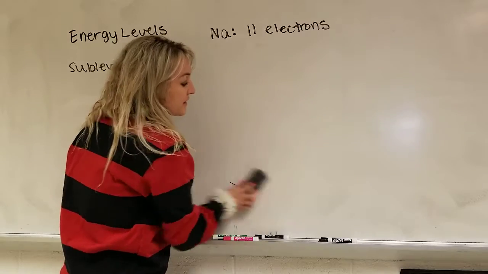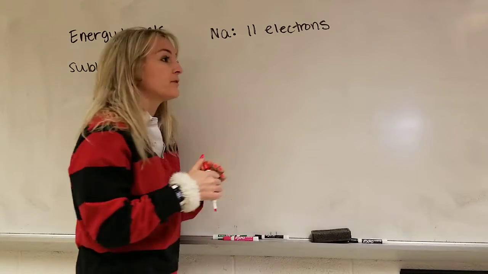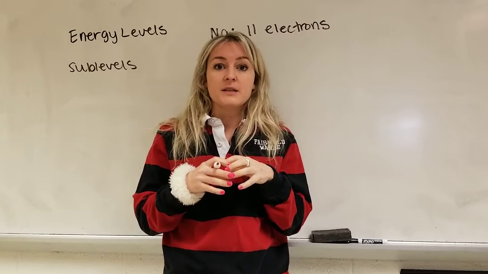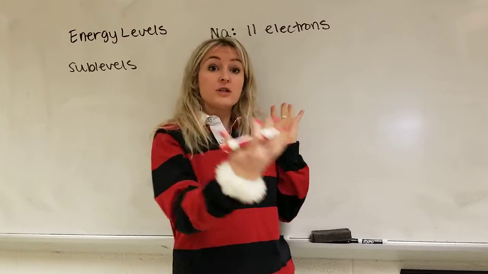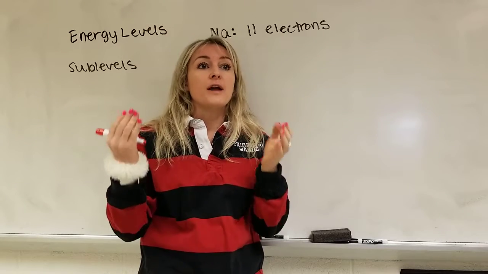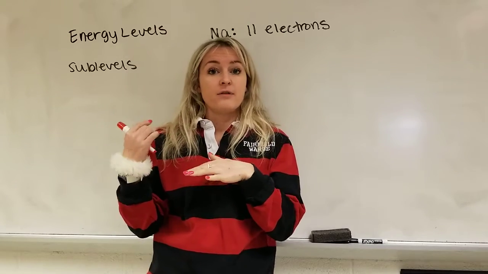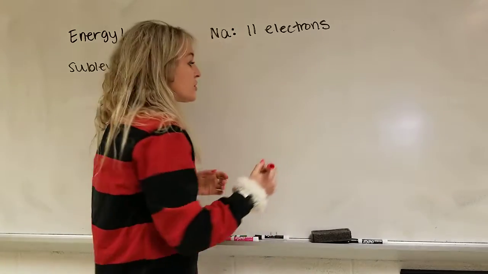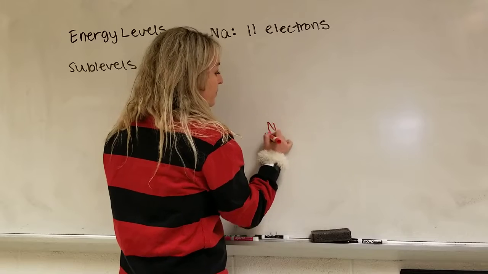Now we need to talk about sublevels. So for sublevels, we have more specific regions of space within an energy level, because energy levels are big. It's the whole boundary around the nucleus. Sublevels are levels within the energy level where the electron is located, and they correspond to very specific shapes. So the first shape that we're going to have,